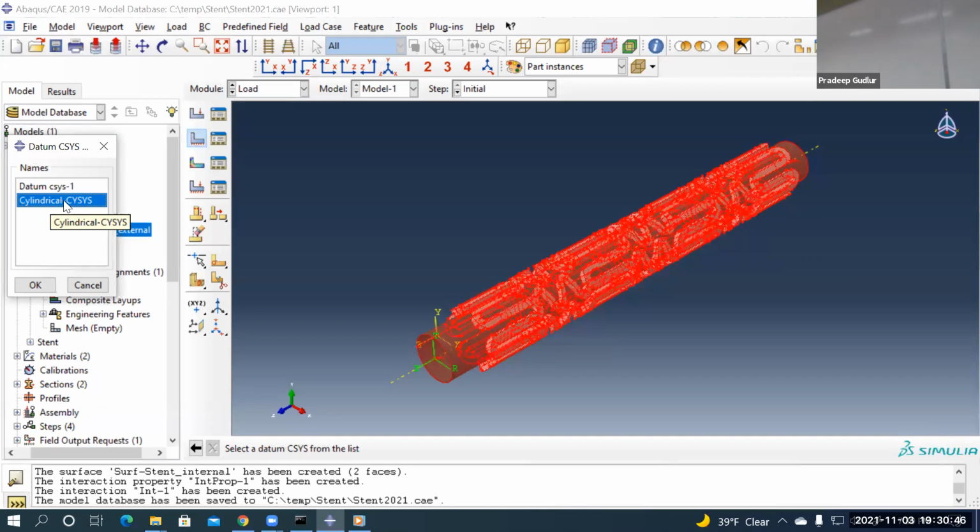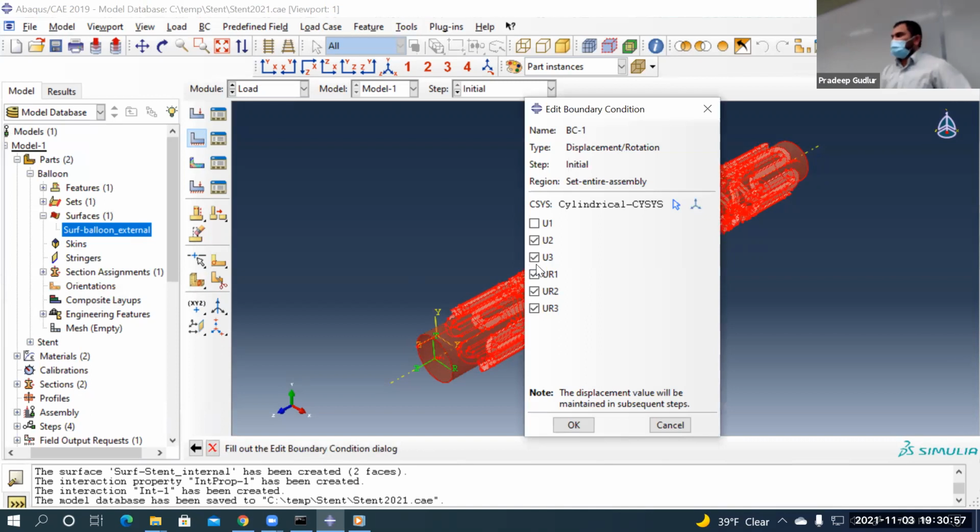So now radius is along the global X direction, meaning radius is getting the degree of freedom 1 now. So choose the cylindrical coordinate system, say OK. The U1 that you are allowing now is the radial direction. Uniformly, it's going to expand and contract in the radial direction. All the others, in your initial step itself, you are constraining all of this. And when you say OK,